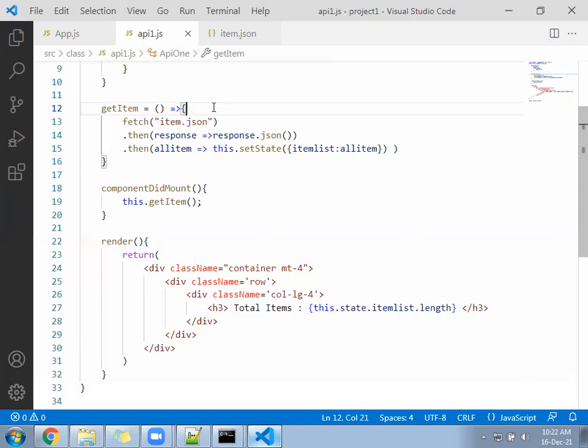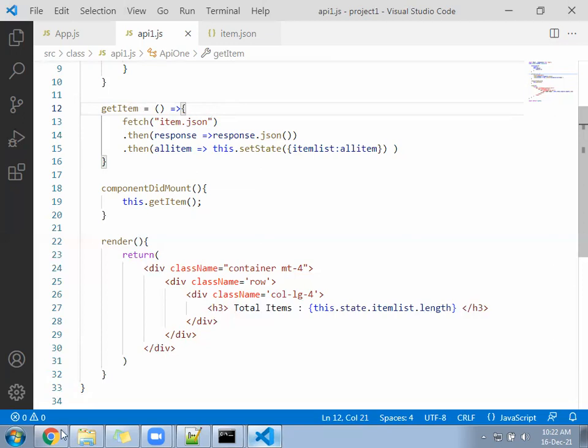Check now. Are you getting the length? Length should come now.